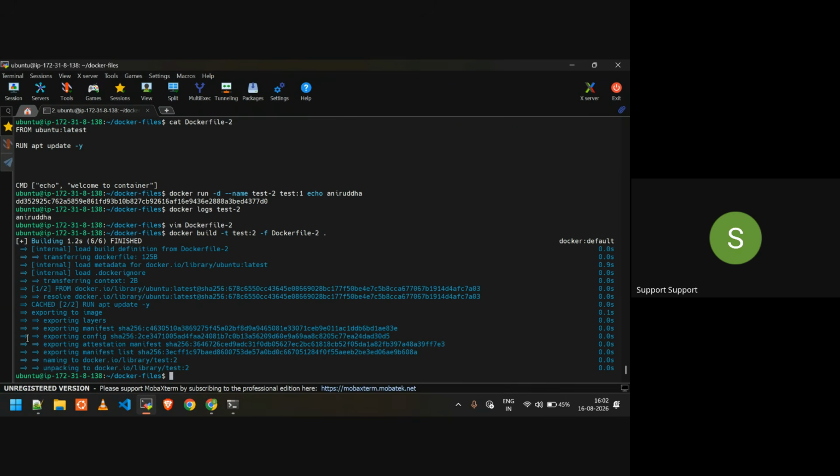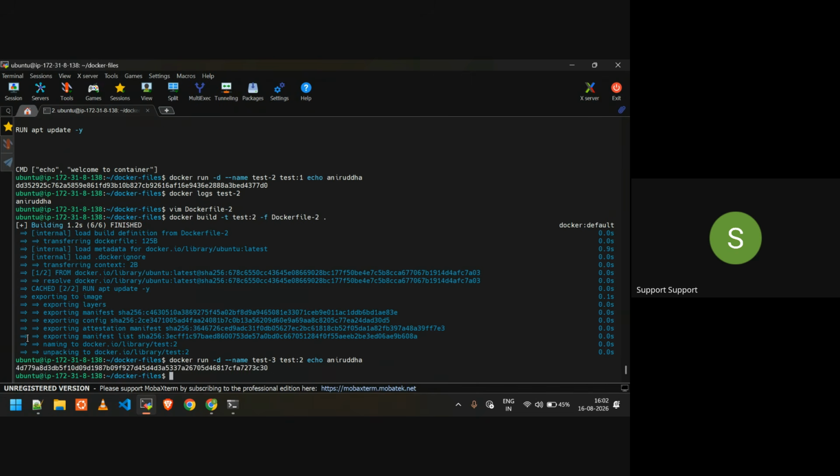Now it runs. Container name is test-3, image test:2. And I am giving echo Anirudh, your name. Okay, I entered now. Now if I see docker logs test-3,